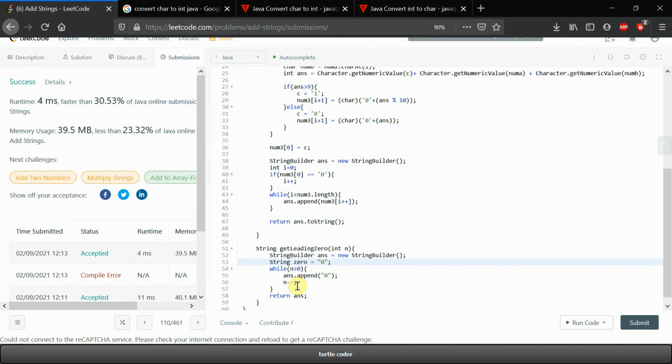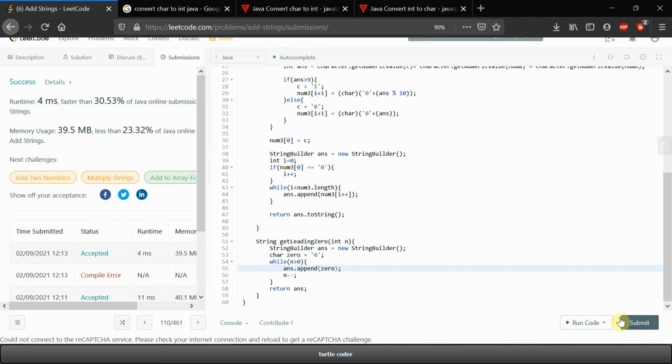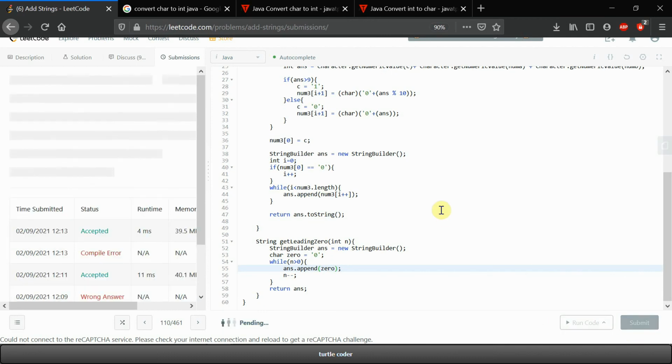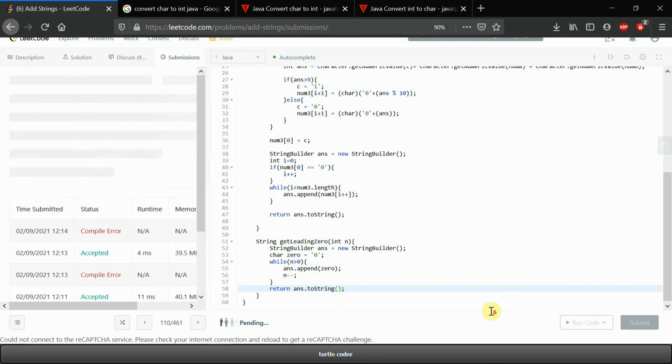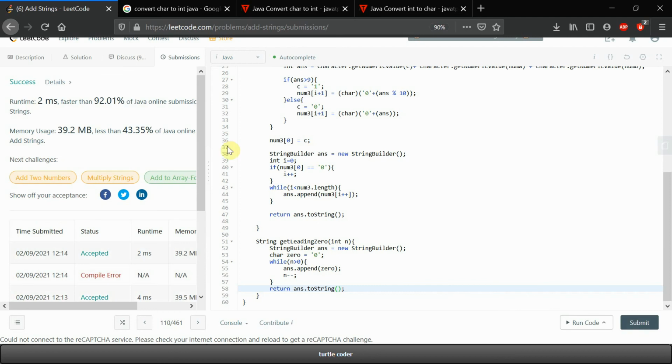It's better if we move it to character basis, so it's more fast. Let's see. No, it won't work. toString. Why am I doing same mistakes? See, the time gets incremented